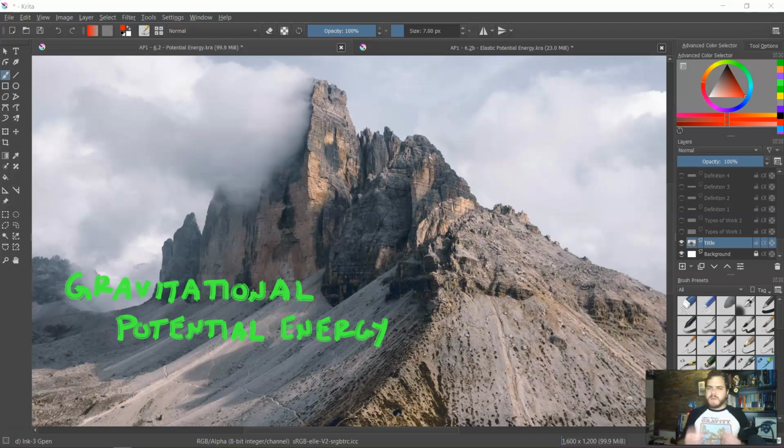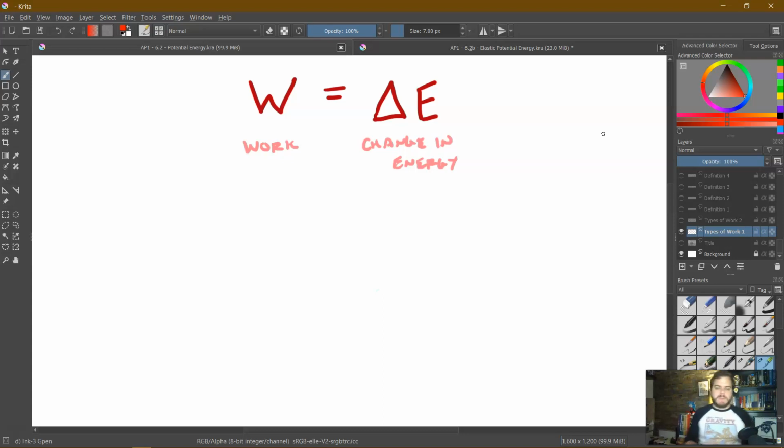Continuing on with our discussion of mechanical energy, we're going to move past kinetic energy, or motion energy, and now focus on the second main category, potential energy, and specifically gravitational potential energy. Now, once again, let's have a brief reminder that work, which is a change in energy, can come in three different forms in this class,